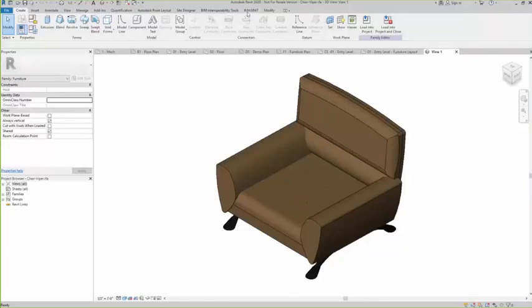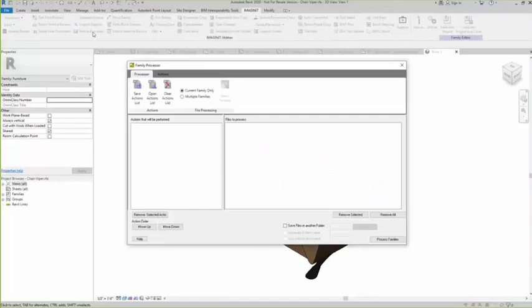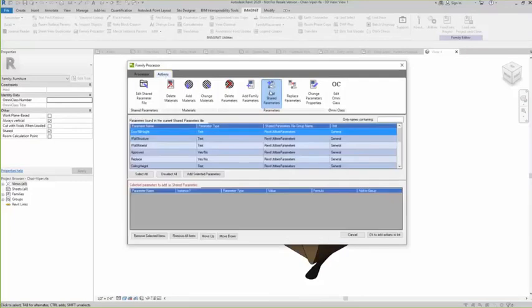Now that I'm inside the family editor, I can go back to my IMAGINiT tools, family processor, open it up, and it opens up this dialog box. So what I want to do is I want some actions. So we can edit the shared parameters file, we can delete material, we can add material, we can change material, we can add a family parameter, we can add a shared parameter, we can replace parameters. For me, the big benefit here, as I mentioned talking a little bit earlier, is those shared parameter files. So I select shared parameters,